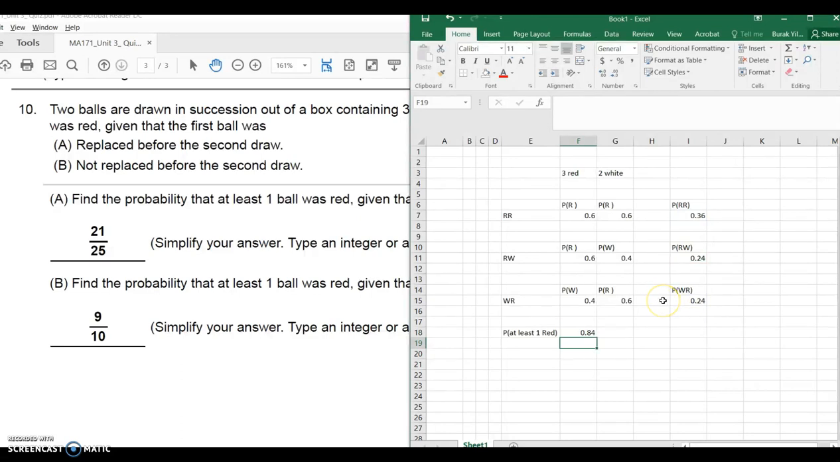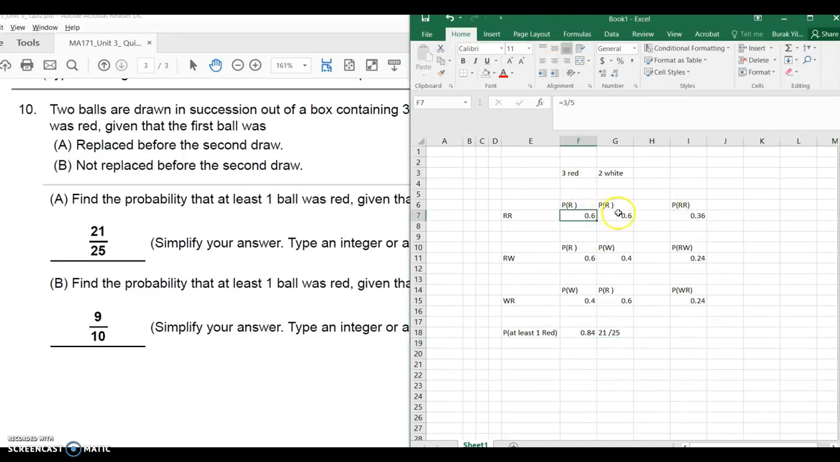And they want this as a fraction. So that's 84 over 100. If you simplify, it's 21 over 25. Okay, remove that. 21 over 25. We could actually just